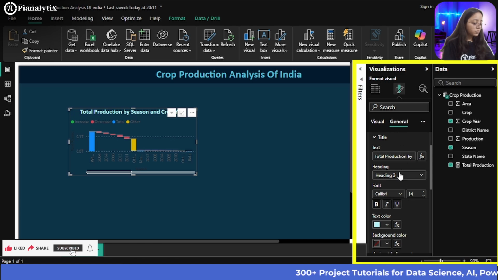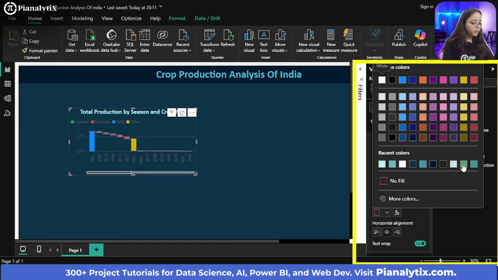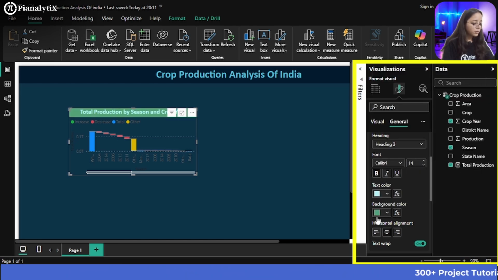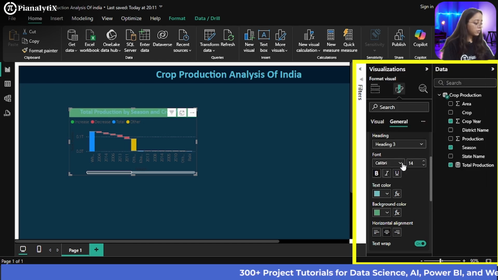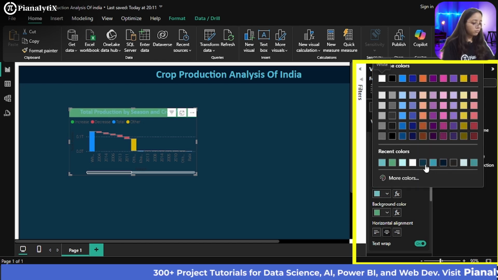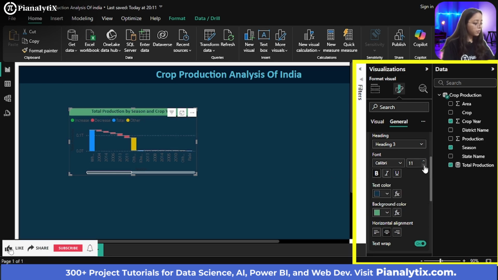Now, and you can choose a background color also for this. And now you can change the text color, I'll say. And you can make sure the font size is small.